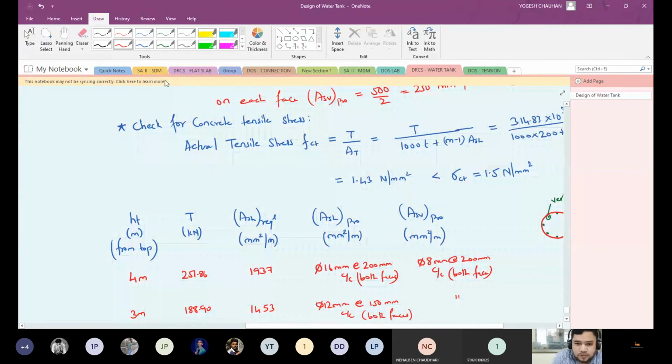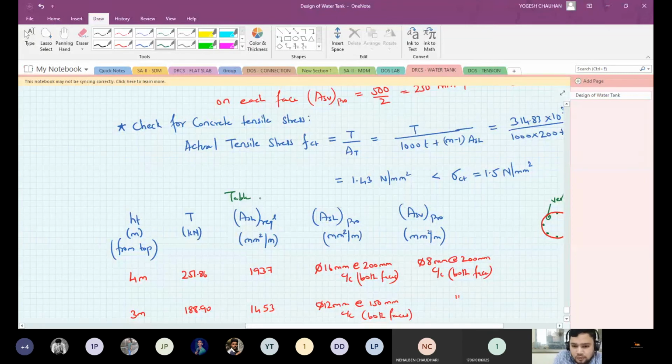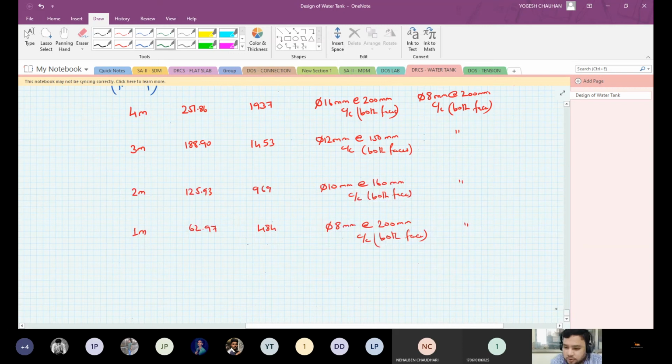Okay, this is the table for the reinforcements in side walls or the walls of the tank. Now for the reinforcement in the base slab,